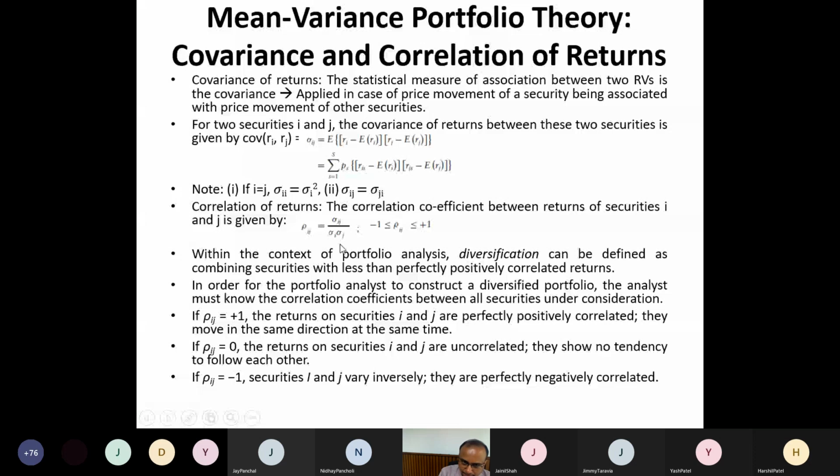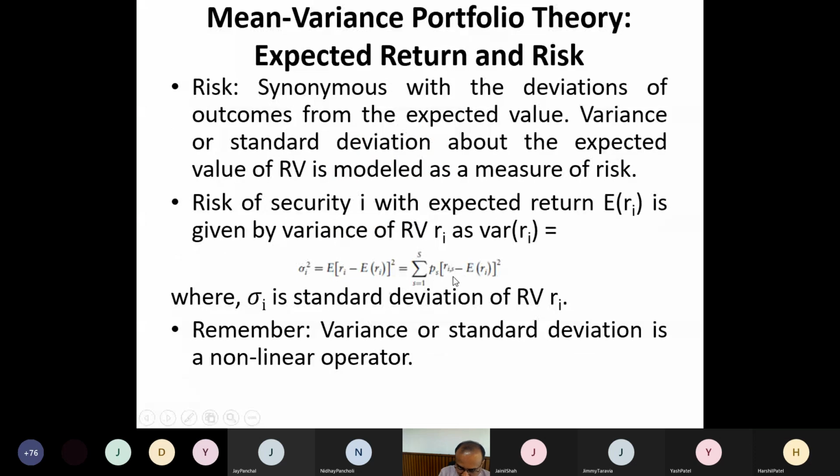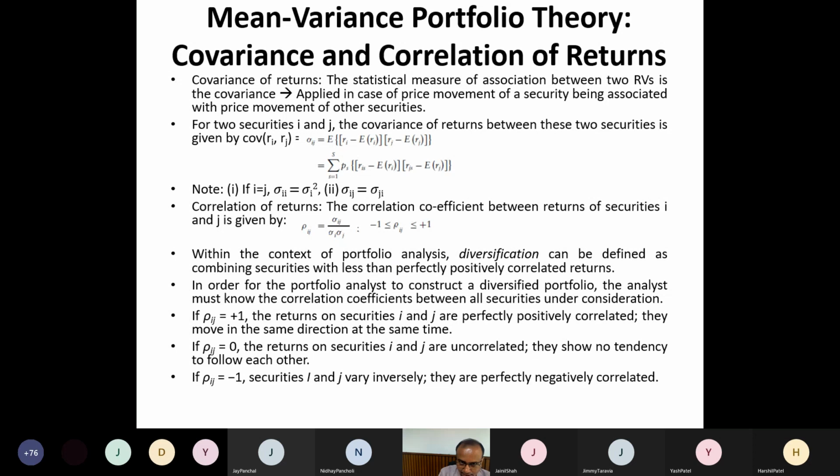Then in my portfolio, it is not possible that I have only security i; I have many securities. Which securities I should keep in the portfolio is also very important, and that is portfolio management. So if I have two securities i and j, let them generate returns Ri and Rj. Then there is a term which is called covariance. It is written as covariance of Ri, Rj, and it is denoted by sigma ij.